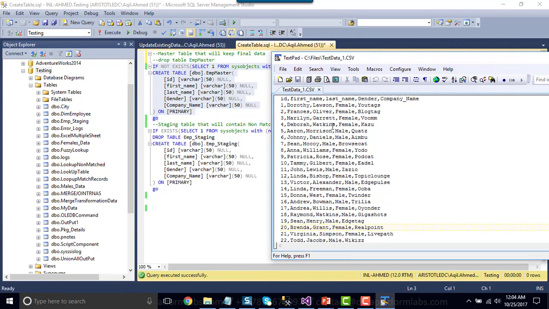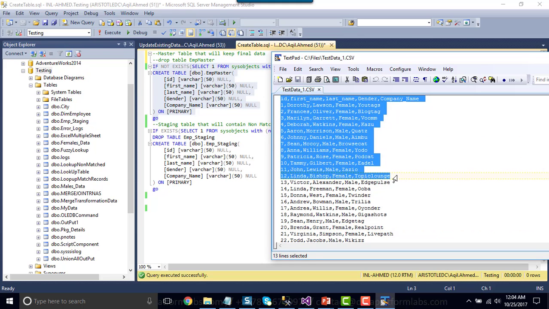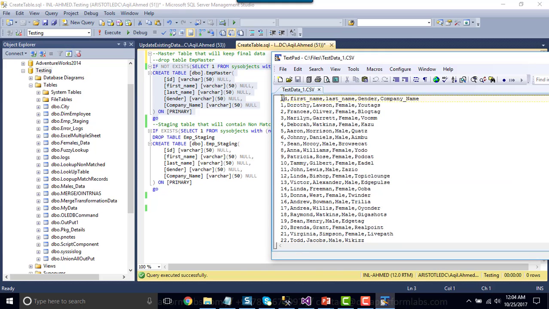Actually, before loading the data into the SQL Server table, this CSV file will directly join to this destination table EMP master based on the ID column, and then it will try to find out what are the new records, what are the new IDs in the CSV file that don't exist in the destination table.